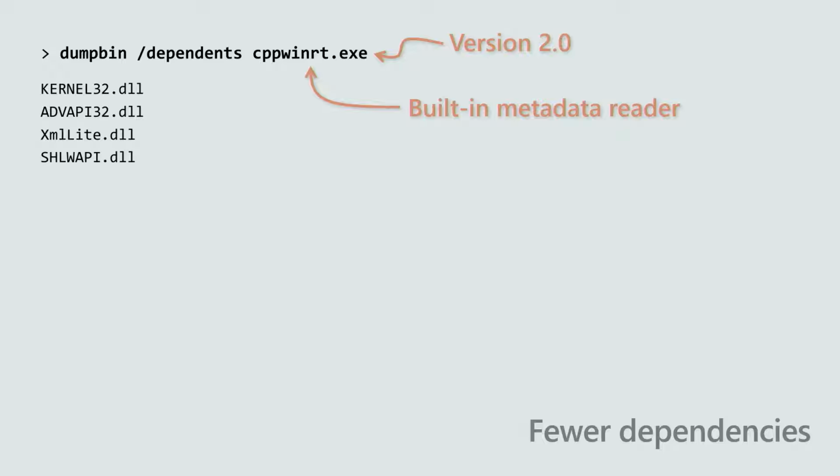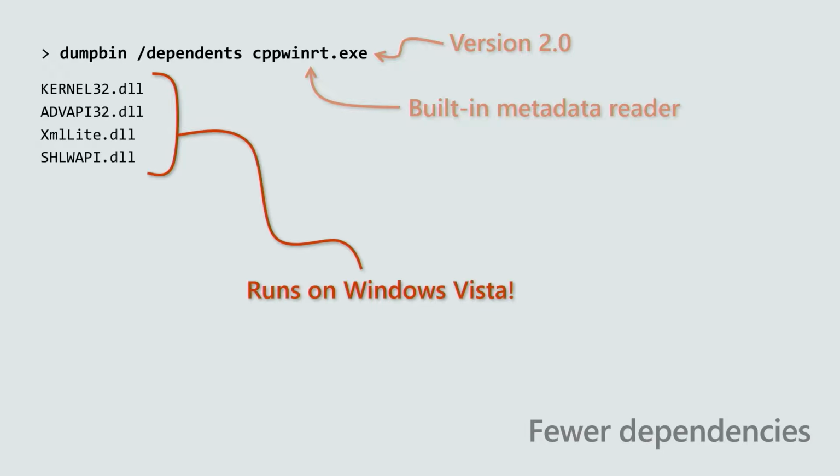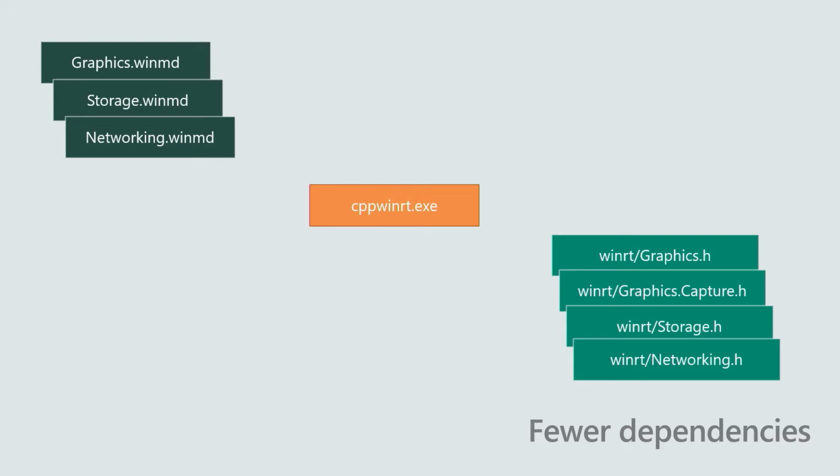And the interesting thing about these 4 DLLs is that they're all available on Windows Vista. So we've gone from something that will only run on a fully loaded Windows 10 machine to actually running on any Windows 7 style build server. You can xcopy it, it's available, and it works pretty much anywhere. Thanks to the fact that all of this code is now written in pure standard C++ using only standard C++ libraries.